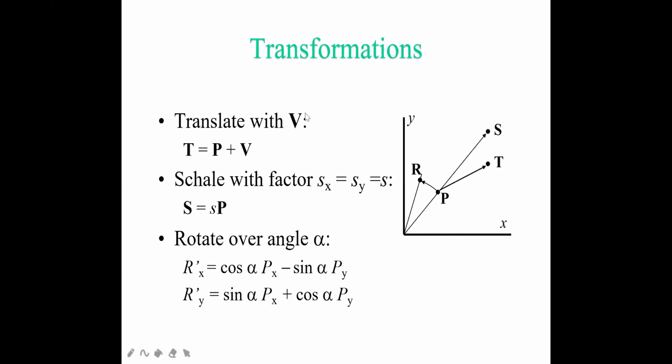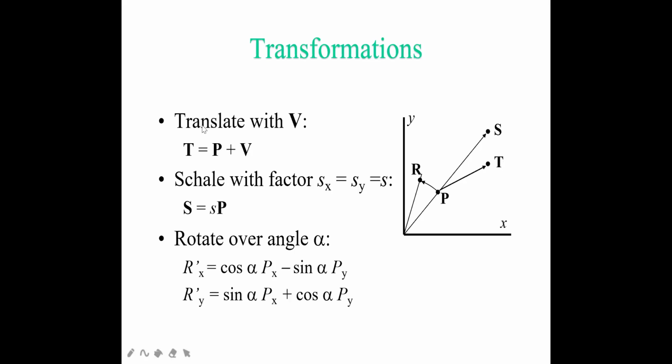Fine. So here, suppose I have the x coordinate and y coordinate, and the points. We have rotation from this point to this point, so here I'm applying the rotation. If I translate the point from P to here, that is my translation. If I want to increase the scaling and the size of the object, I go from here to here, so that is scaling. Here I have three more points, T, S and R, where I have applied the transformations. So now you can see that over one point I'm applying all three transformations.